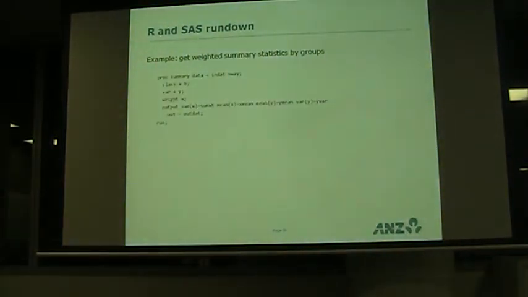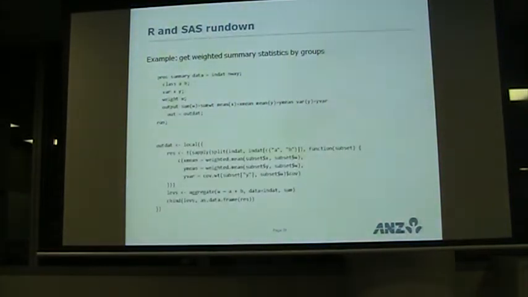In SAS, that's what you do, and I think that even if someone was not very familiar with SAS or didn't know SAS, you would have at least a good idea of what you're trying to do. So you have some class variables, A and B, you have some analysis variables, X and Y, you have a weight, and you want to get the sum of the weights for each cell, you want to get average X, average Y, variance, and so on, and you want to put it to a data set. Well, that's fairly clean, not too complicated.